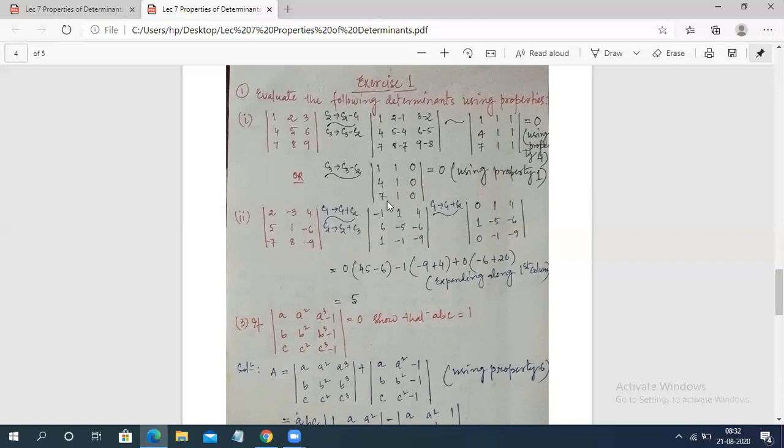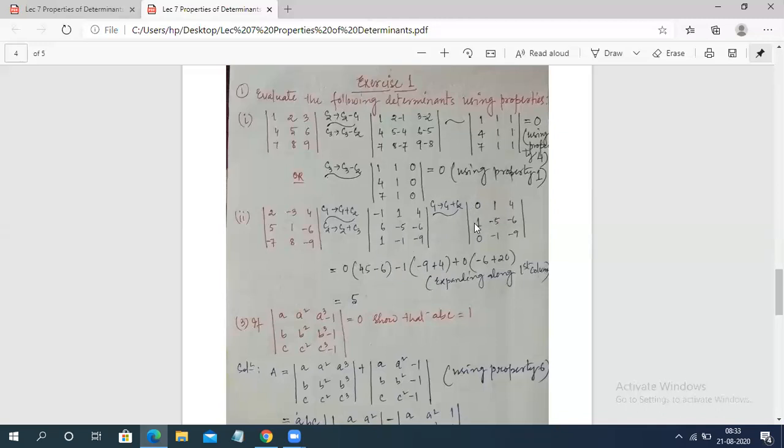Okay, so next step, if you change C1 as C1 plus C2, that is minus 1 plus 1 is 0, 6 minus 5 is positive 1, 1 minus 1 is 0. So in the first column, two entries are 0. Now you can expand it very easily along the first column. If you expand this determinant along the first column, there will be only one value, that is minus 1,